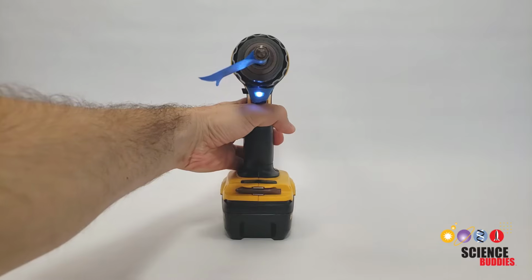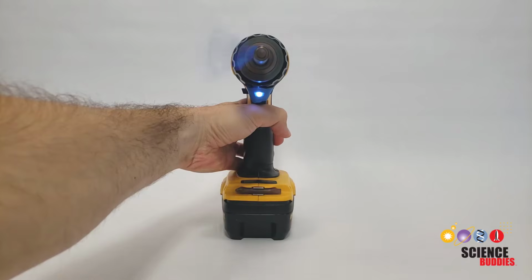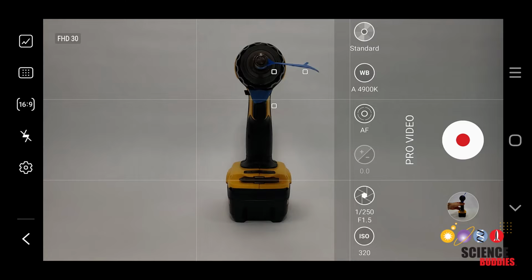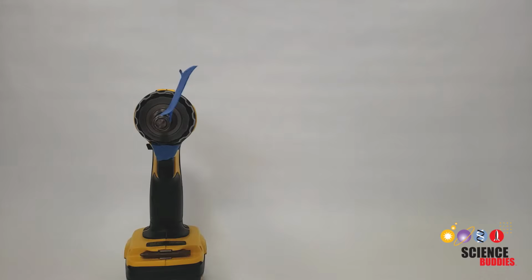Note that you may need to play with the manual or pro settings on your camera to see this effect well. If you try filming using the automatic settings like you see here, you may get too much motion blur. You can use the manual settings to increase the shutter speed, which decreases the exposure time, resulting in a darker but less blurry video. Now, if you just want to do this experiment for fun, that's all you need, but